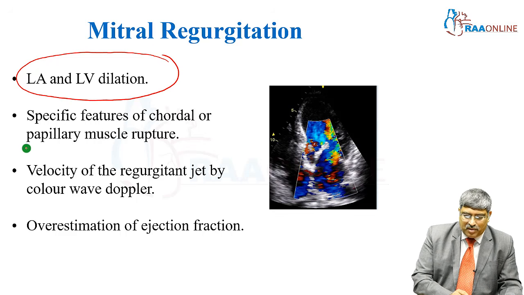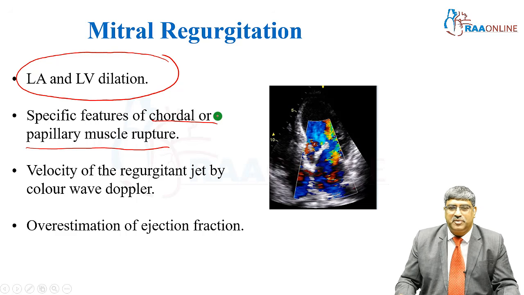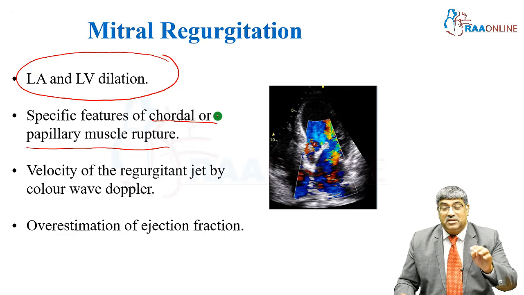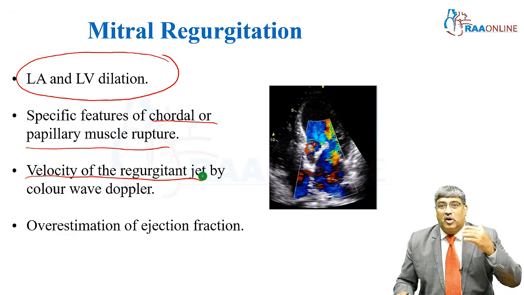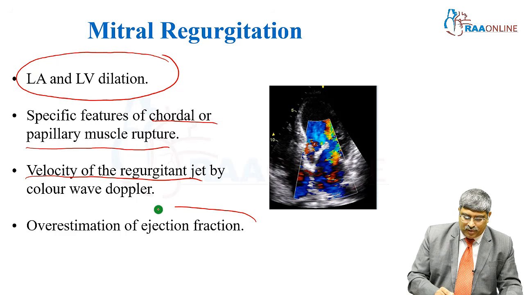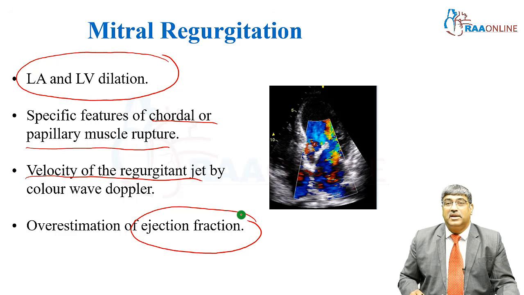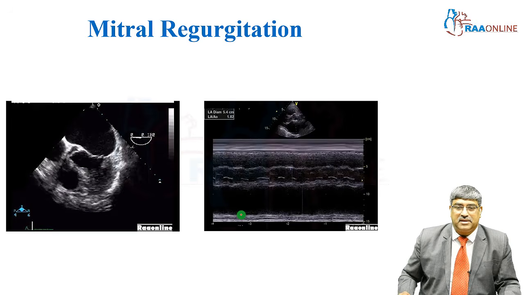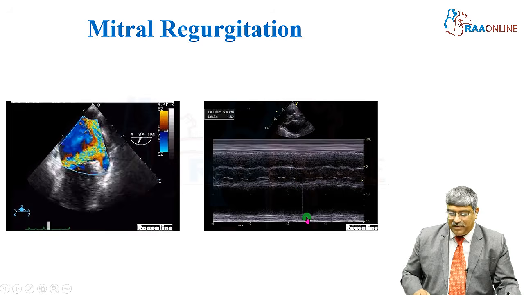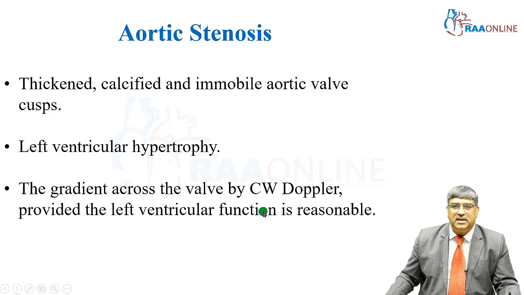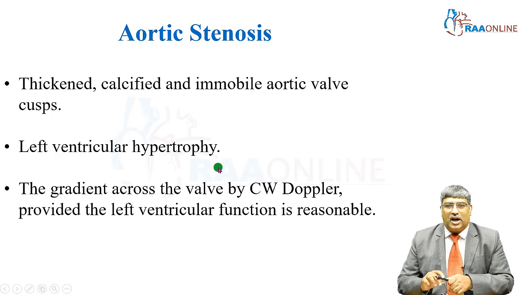You should look for papillary muscle rupture or chordal rupture. The velocity of the regurgitant jet is very important to assess the pressure proximal and distal, and don't forget that it overestimates ejection fraction. Here you can see an eccentric MR, LV diameter is enlarged, and coming to aortic stenosis,